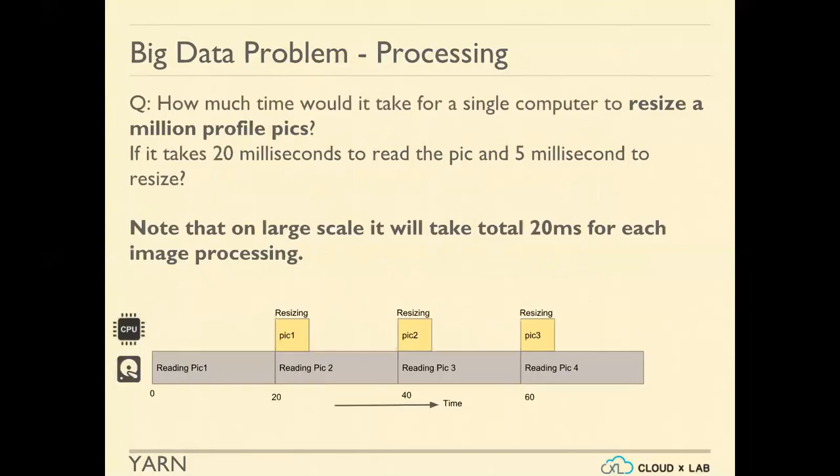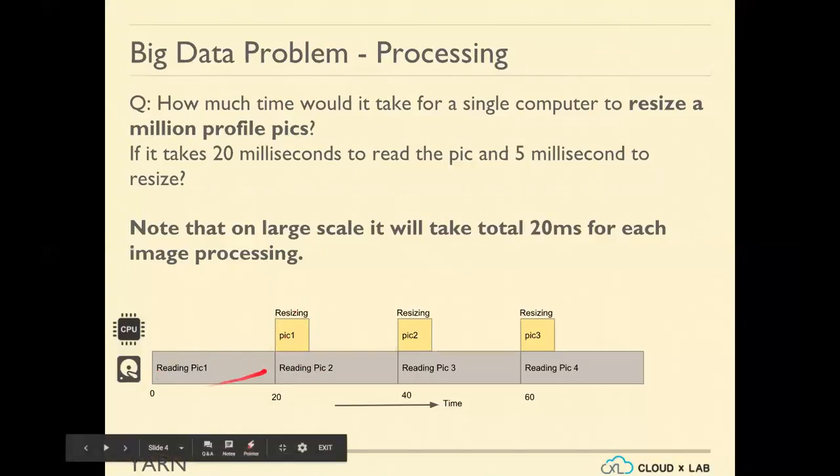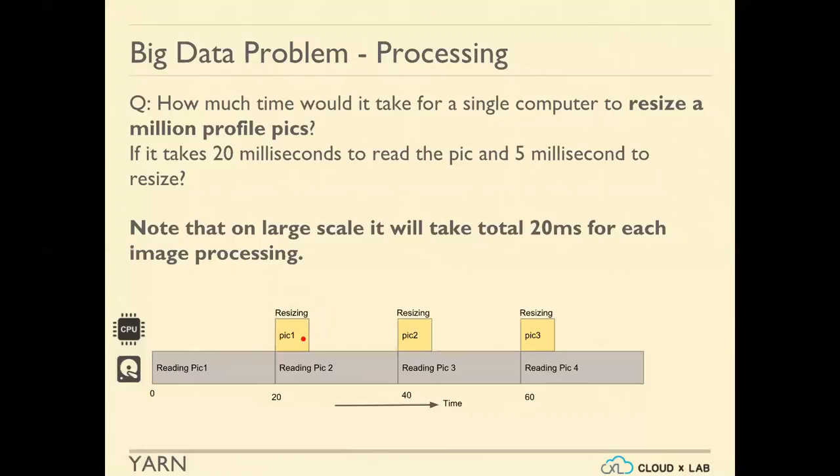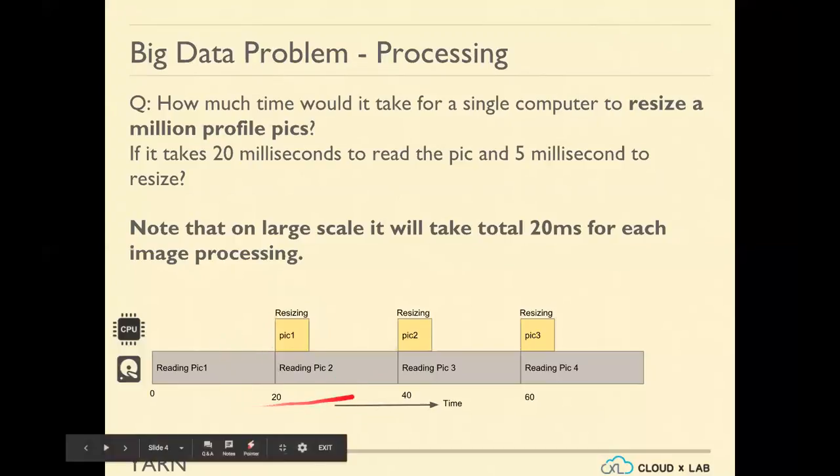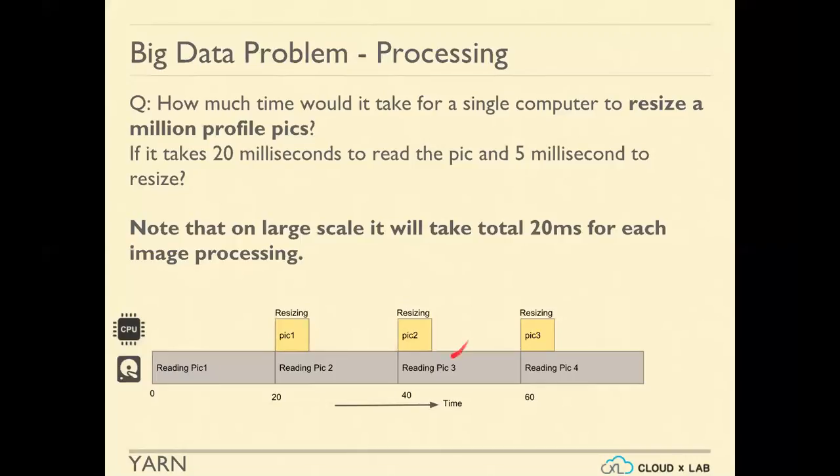All right. So basically what we did was, while the data is being read from the disk, the first picture will be read, and that time will be taken. Then while the second picture is being read, in parallel the CPU is working on resizing it. That's why this work is happening in parallel to reading from the disk. You can think of it like this: this is the timeline, and these are the various resources. You generally draw all the processes on a timeline, and that's how you estimate the overall time taken by the process,